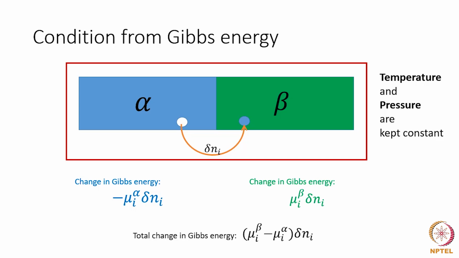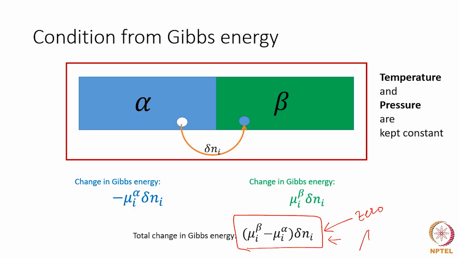So we can then look at the total change in the Gibbs energy as the sum of these two changes, which gives us the expression mu I beta minus mu I alpha into delta Ni. Now we can see when the Gibbs energy of the entire system goes to a minimum: when the change in the Gibbs energy, dG, is going to hit 0. So if this were 0, then we have the Gibbs energy that is minimum. Otherwise the atoms or the species will continue to jump in order to reach a state where such jumps are no longer required. So equilibrium is achieved when this quantity is 0,